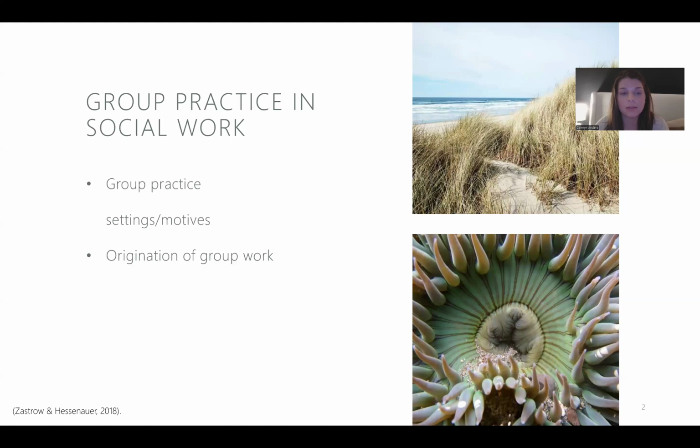So, group work first began in the 1800s with participants searching for recreation and informal education, friendship, and just social interaction. And these were found in settlement houses originating in London. While learning in a group setting, members were taught how to improve their housing situations, their health, they're learning about hygiene and education and different job opportunities. And so it was very beneficial and enticing for them to be a part of these groups.